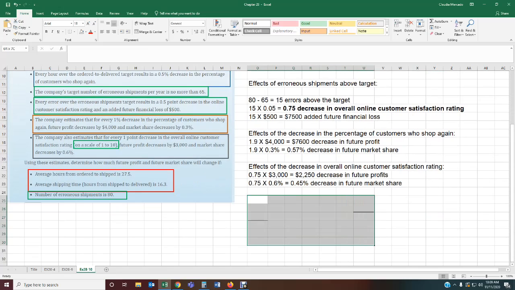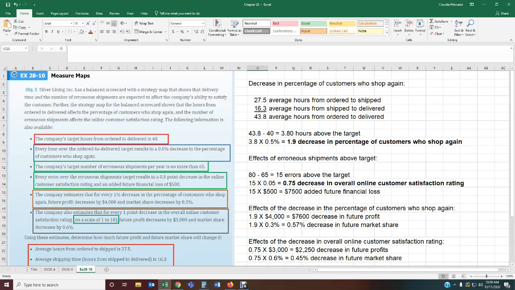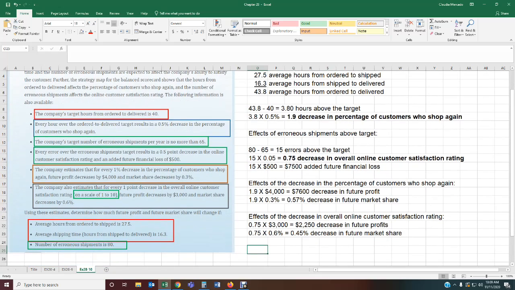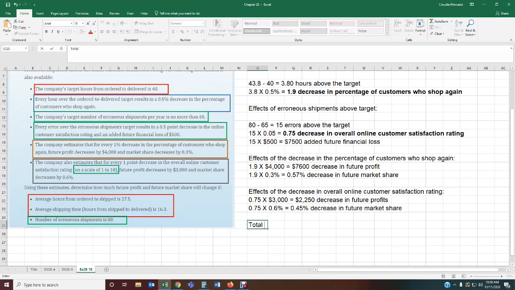Now that we've done all of these calculations, we can now calculate. They're asking us to determine how much future profit and future market share will change. Okay, so now that we've done all of these calculations, we can get the total decrease in